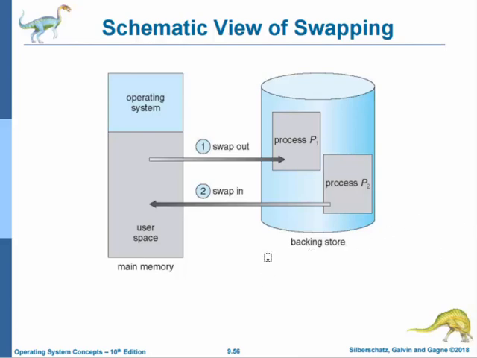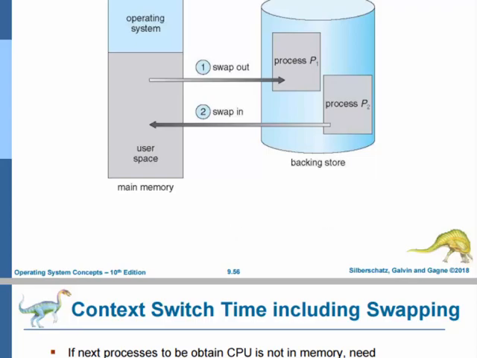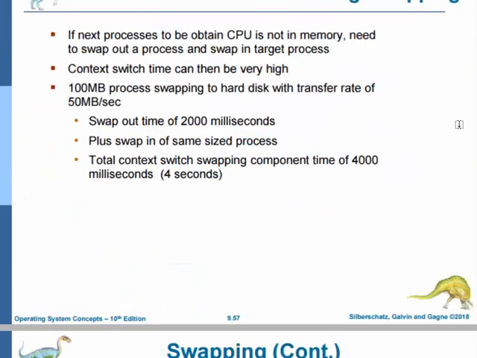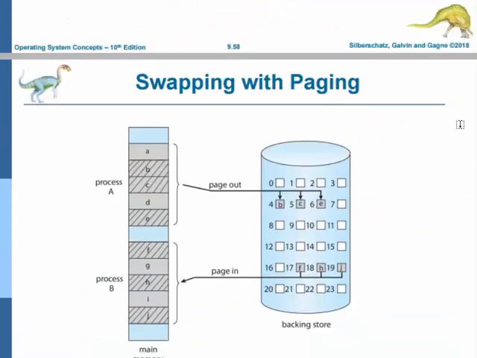So a page out operation moves a page from memory to the backing store, and the reverse process is known as page in. Swapping with paging is illustrated in the figure. This is the figure. This is the swapping with paging,